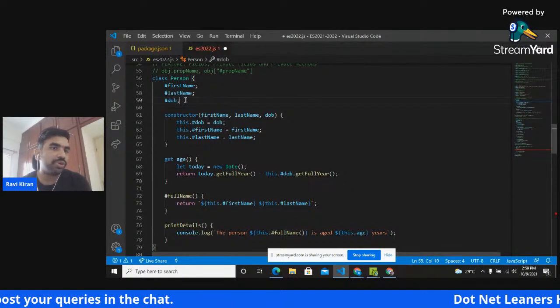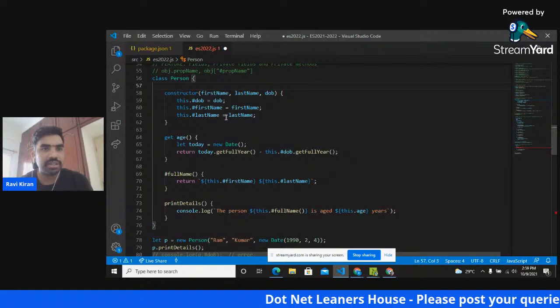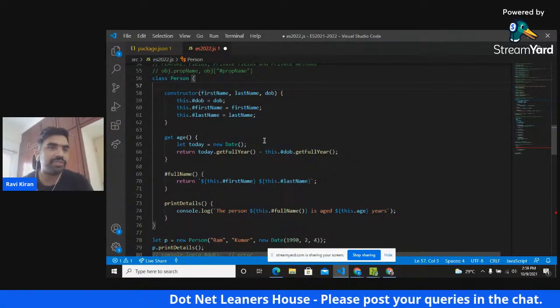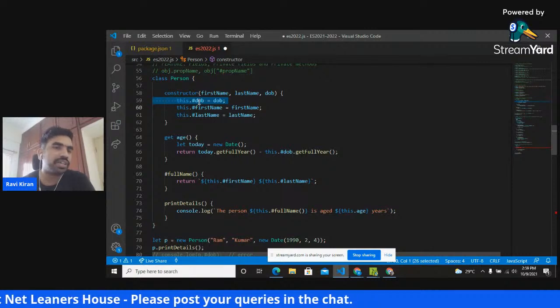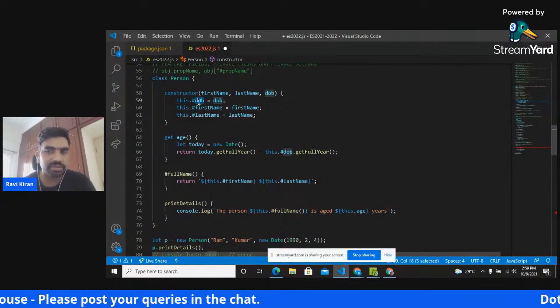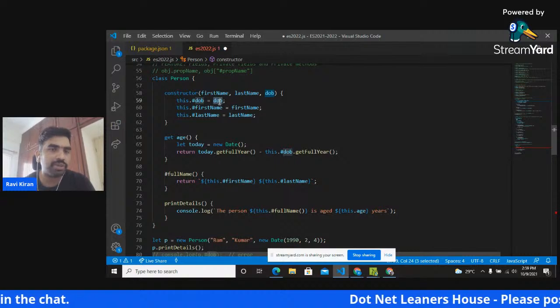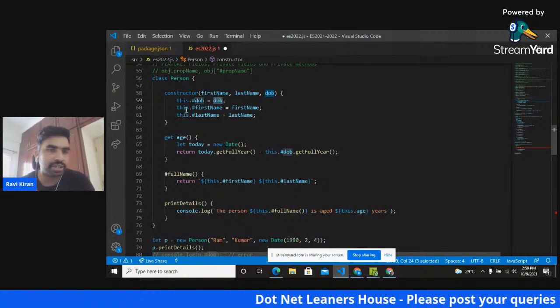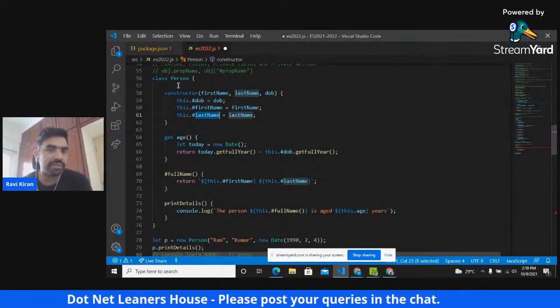So now this code will work even if I remove these declarations, right? Because the way JavaScript classes work is, if you have this dot something, then the field gets created automatically on the fly, and it gets the corresponding value assigned to it. So now these are all valid fields, even if I haven't declared them, right?